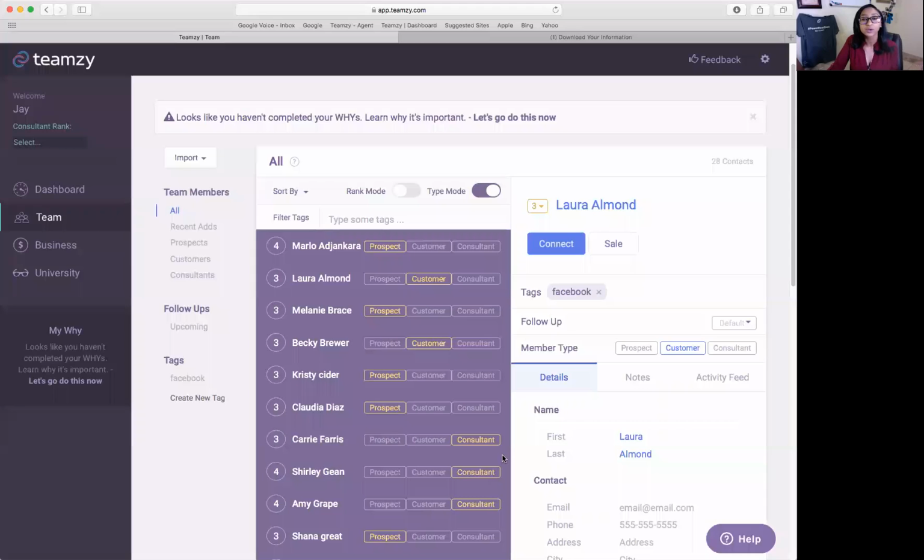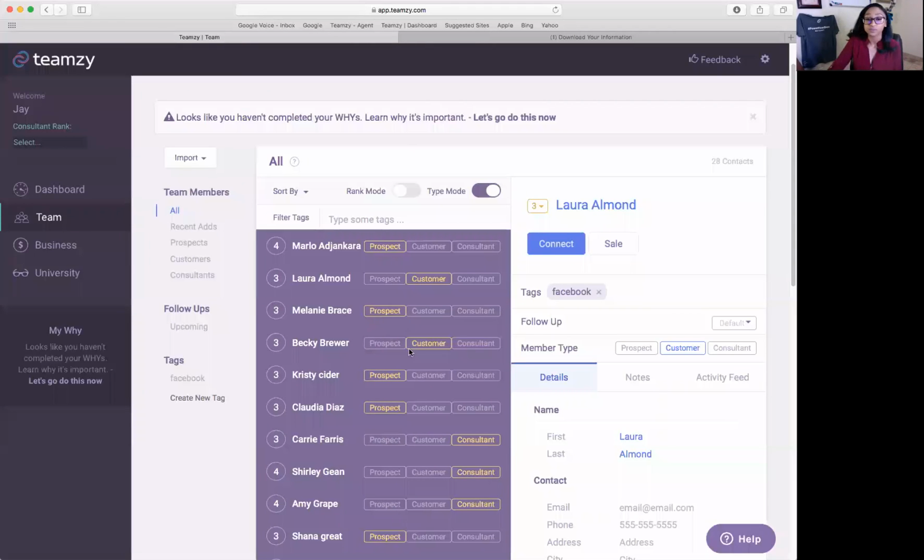So in real time when you're going through setup, don't agonize over it. Try and do a few passes. Try and just re-rank and type the people that jump out at you, the folks that you've got a really good relationship with that are easy for you to identify. And then as you go along, I'm gonna show you next how Teamzy is gonna serve those people up to you, and you can refine them as you go along. Okay, so